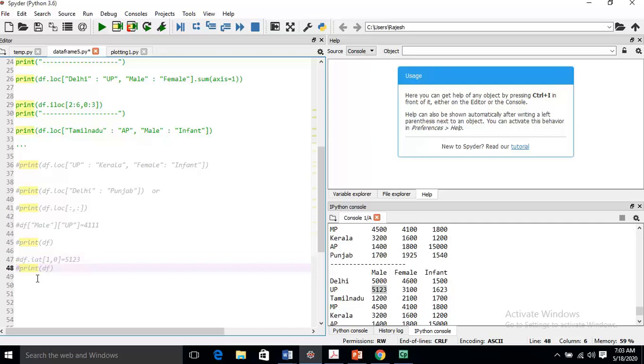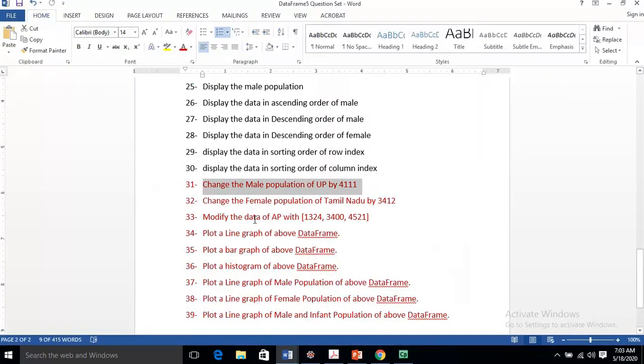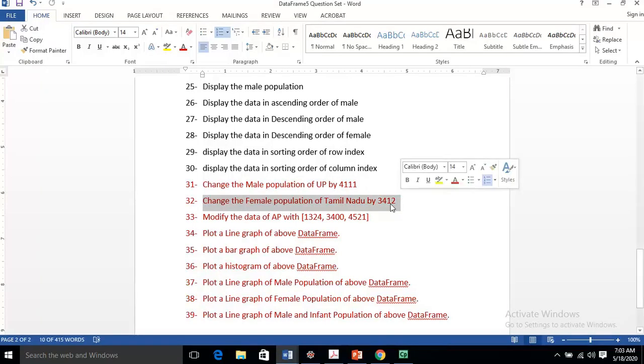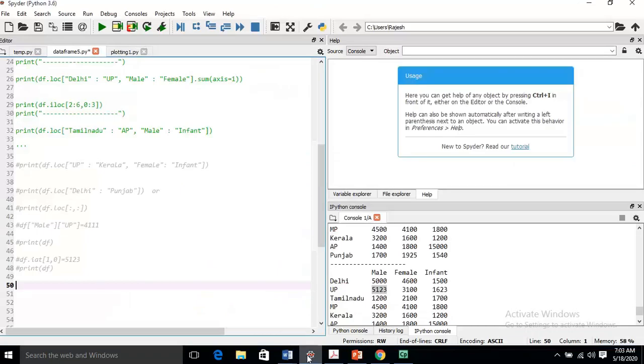Take one more example. Change the female population of Tamil Nadu to 3412. Very similar, we will use both methods.